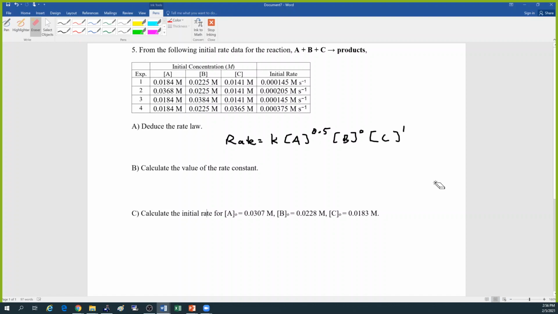again, I'll just pick the first row of data. It doesn't matter which I pick. So my initial rate is, can I just write it in scientific notation because it's annoying me? 10 to the minus fourth, that's in molar per second, equals k. Now I just have to take all the data from this first row. So 0.0184 to the 0.5 power, so it's just going to be square rooted. The B falls out, so I don't even have to worry about it because it's to the 0th. And then the C is